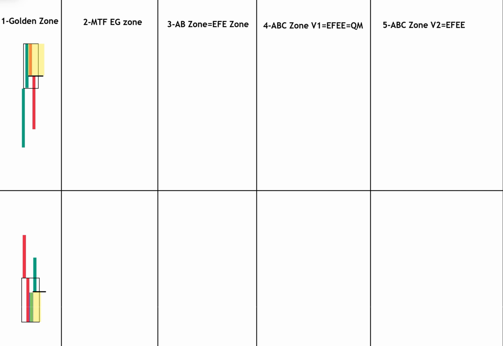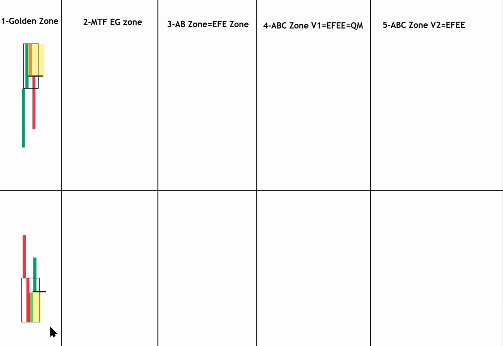So here we are again with the setups that we had already covered. We have already talked about the golden zone. As a revision, let's go over this one. We're going to have five setups, actually four core setups and one version of the last setup here. The golden zone was when we had one engulfing, which was created by two candles rather than one candle. And this was the SNR part that we called the golden level. This one is from a rally-base-drop scenario, which is a swing high, and this one is a